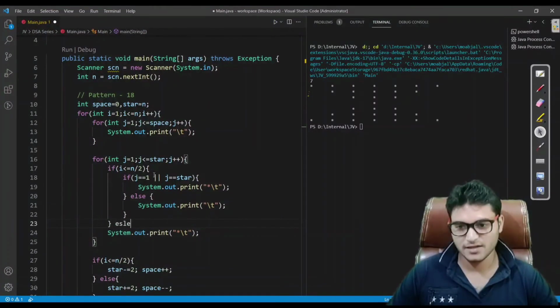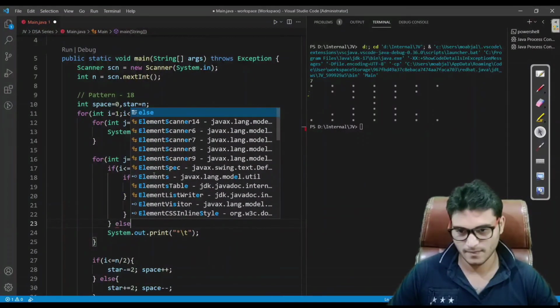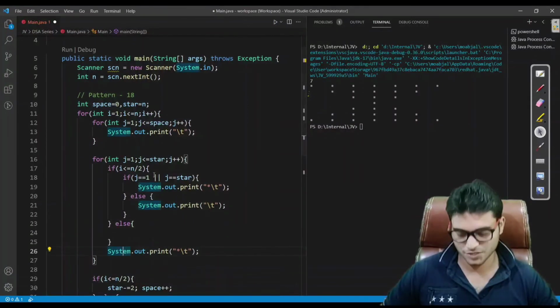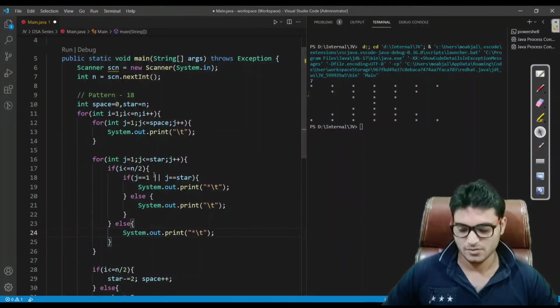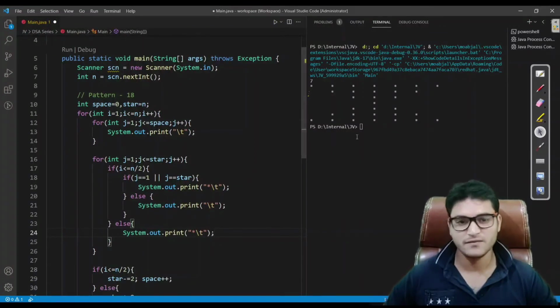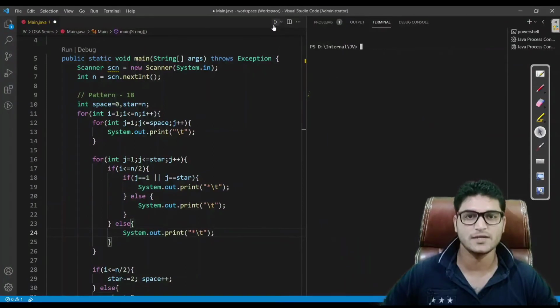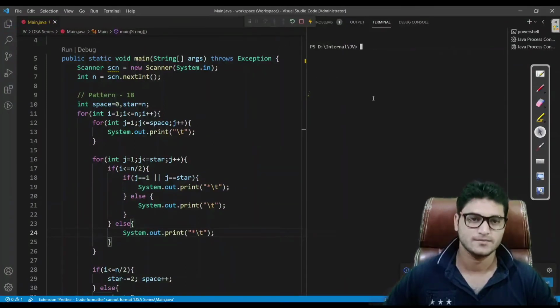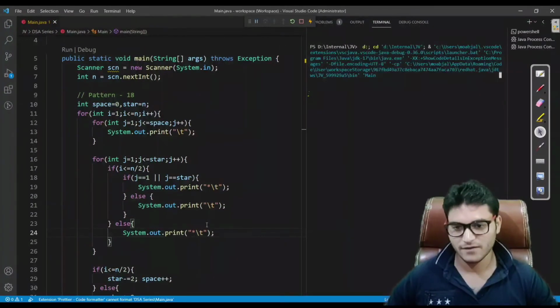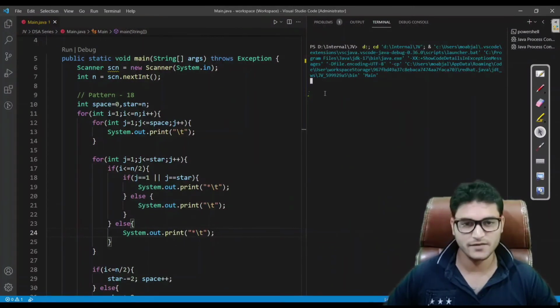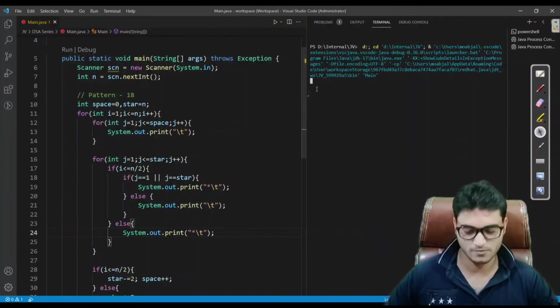And if we are in the second half, then we do not have to check anything, we just have to print simply stars. So that's all in this. We are done with this code. Let's run it, whether we are going to get our expected output or not. If we have not done any mistake, then I'm very sure we are going to get our expected output.